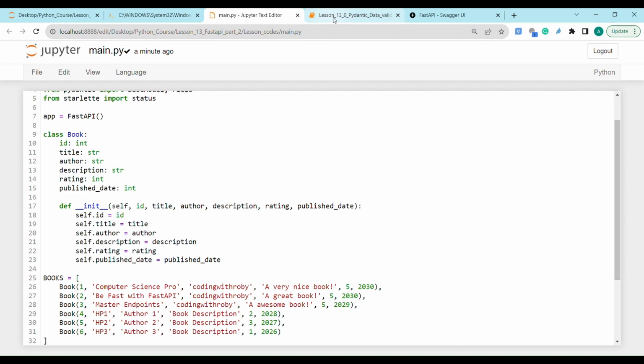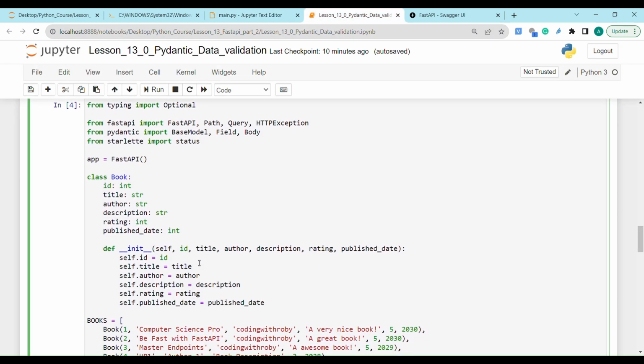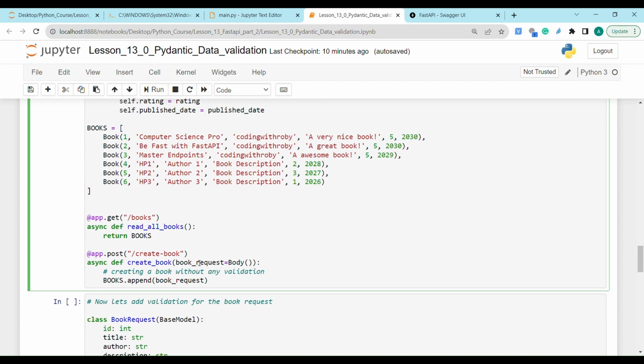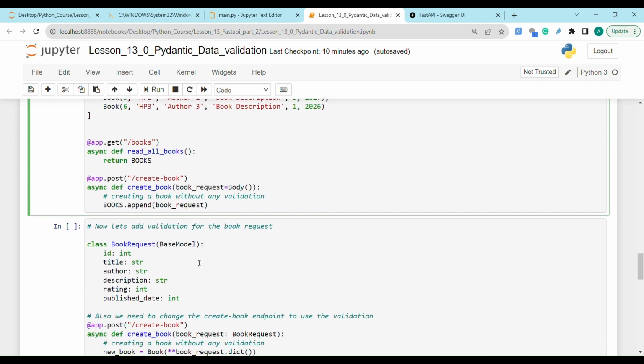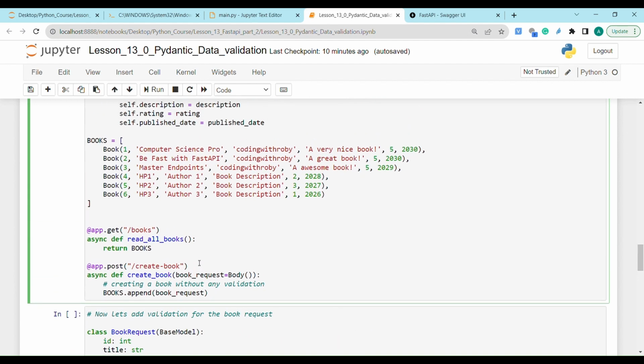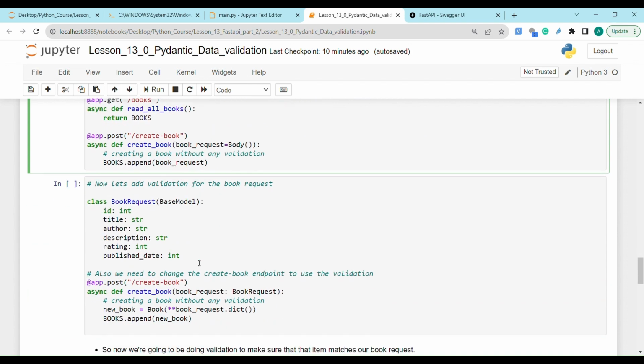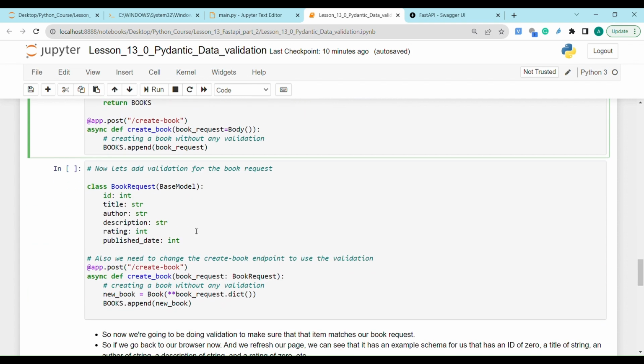So let's now go to our main script. Here, if I want to validate my book request, I'm going to create a class BookRequest, which is going to be validated from the Pydantic BaseModel. It is going to have the ID, the title, the author, description, the rating, the publish date,